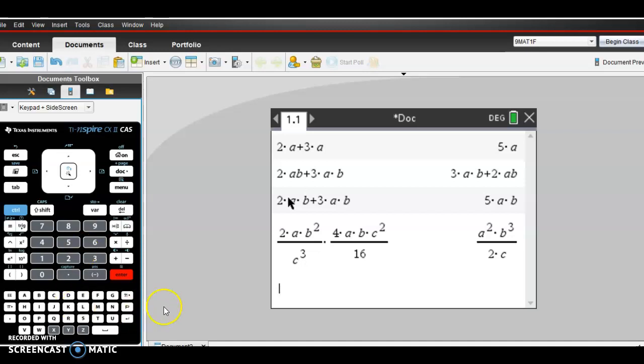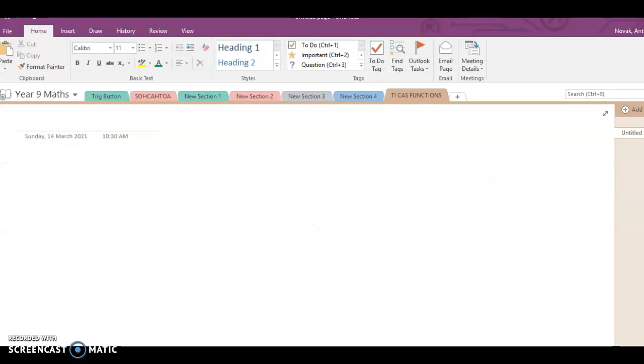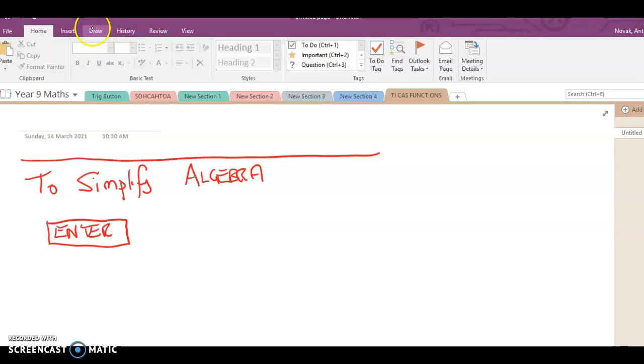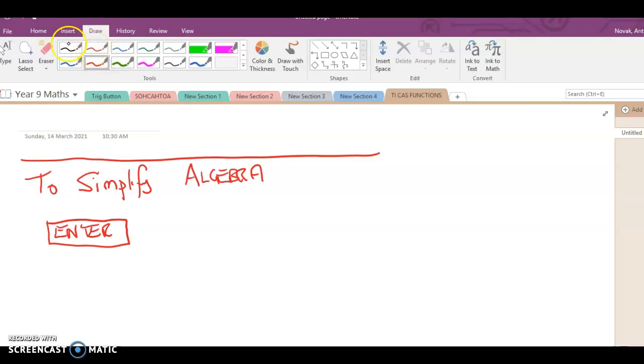So let's write that in our summary book. Remember, we turn our summary book upside down and we write the following. Remember, we rule off each section. We'll call this: to simplify algebra. And the button that you have to press, of course, is simply enter. So what we do is we include, just make it a color pen,